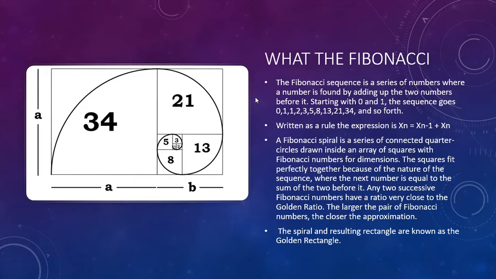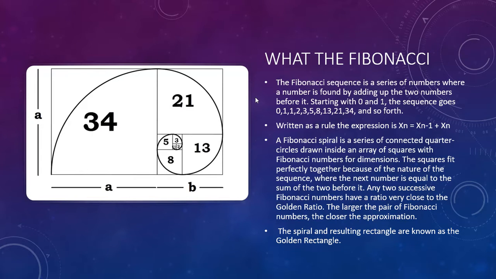What is Fibonacci? The Fibonacci sequence is a series of numbers where a number is found by adding the two numbers before it, starting with 0 and 1. The sequence goes 0, 1, 1, 2, 3, 5, etc. You get the gist. Written as a rule and expression, it would be xn equals xn minus 1